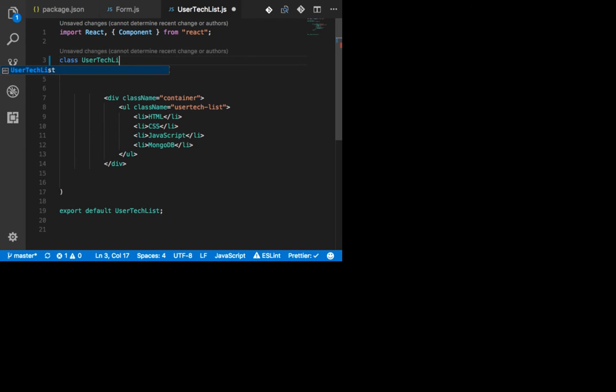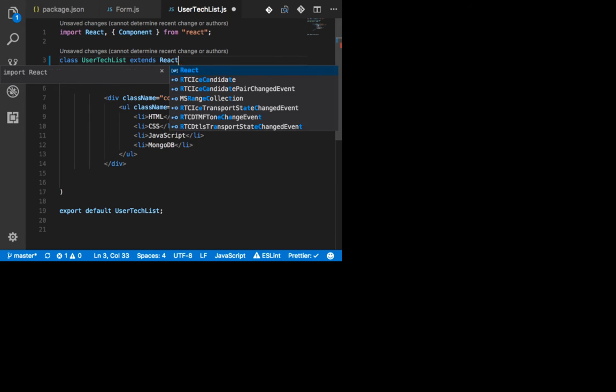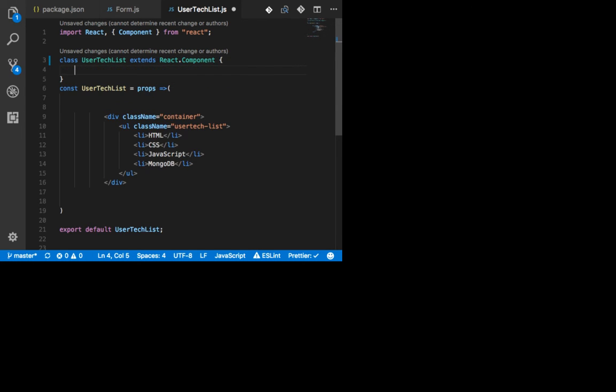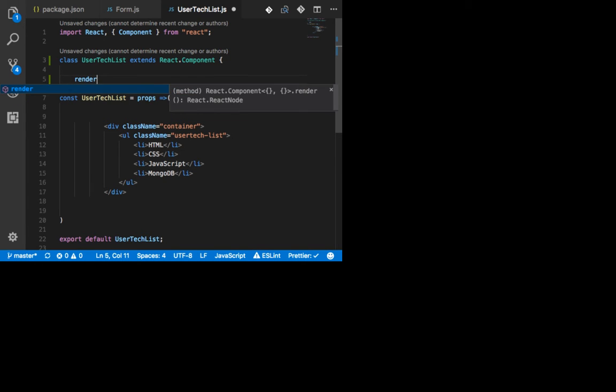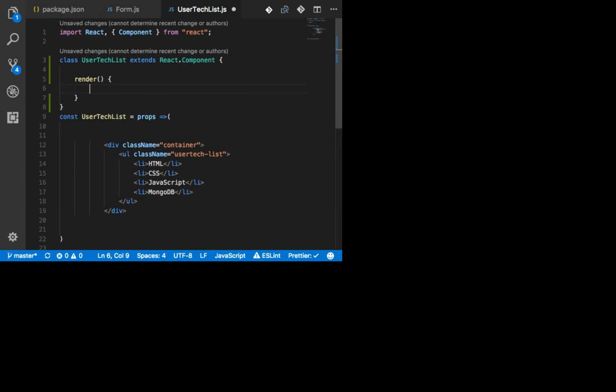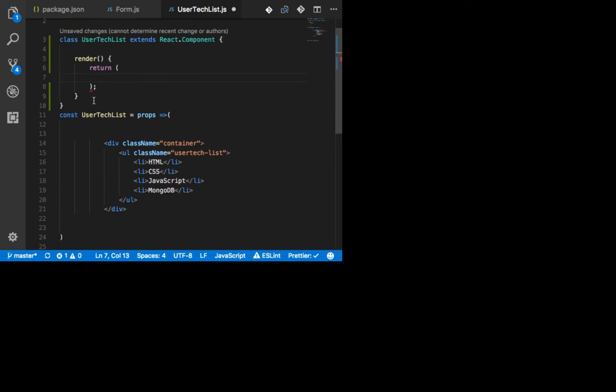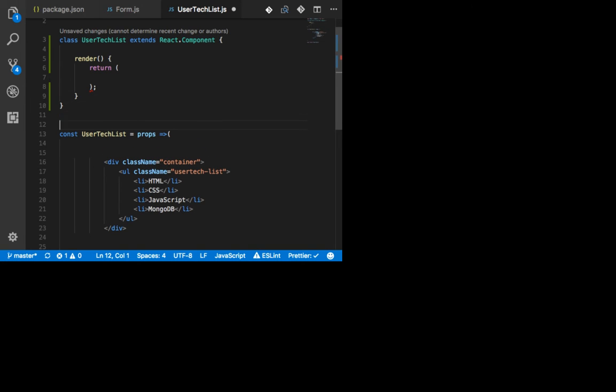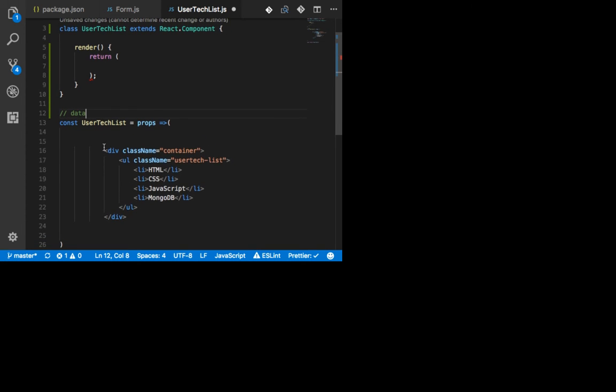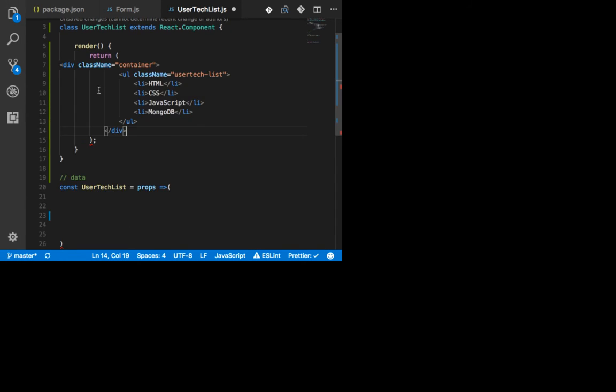UserTechList extends React.Component, and then use render and use return. Then technically the other thing called data, we could copy here and bump it in there.